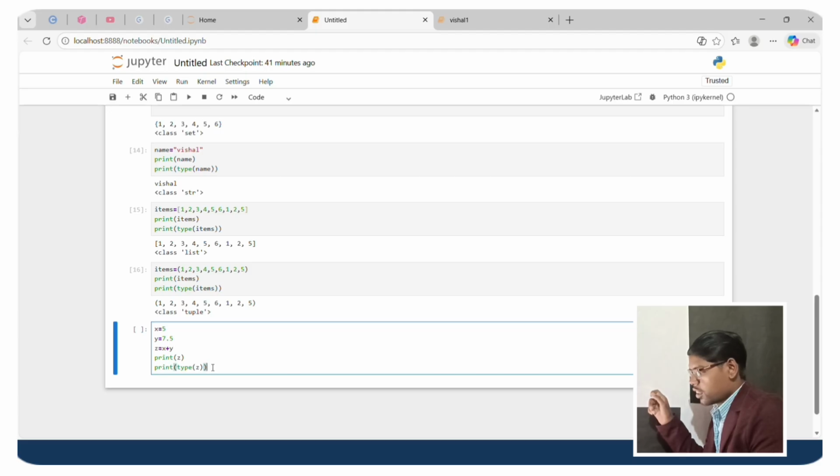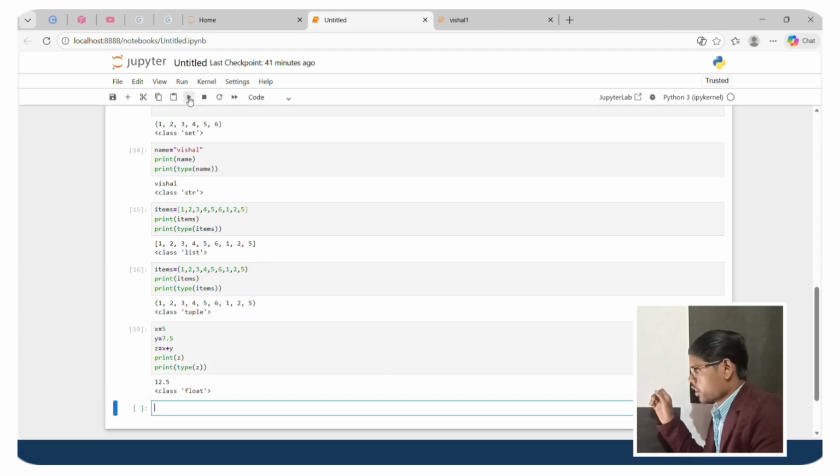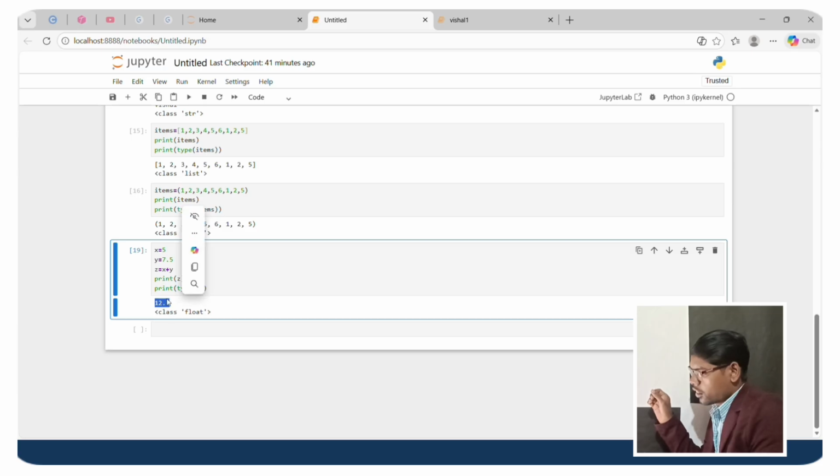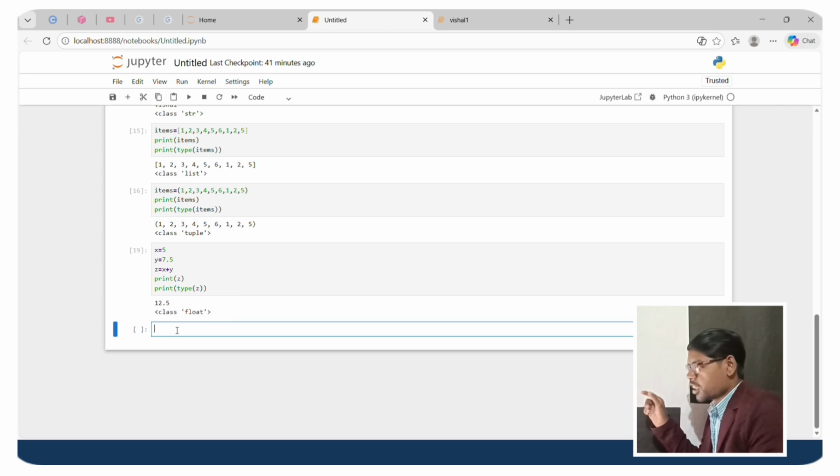Run. This converts to float automatically, so it is implicit. Explicit does not work automatically, it is done manually, like this.